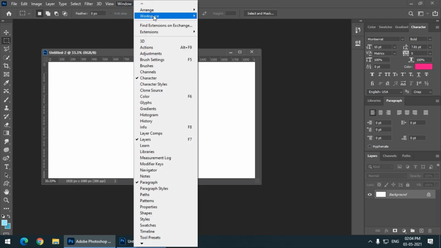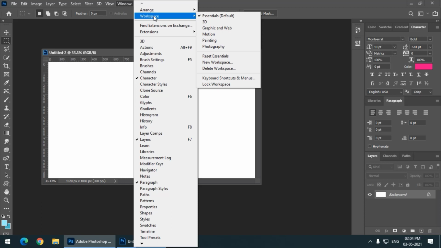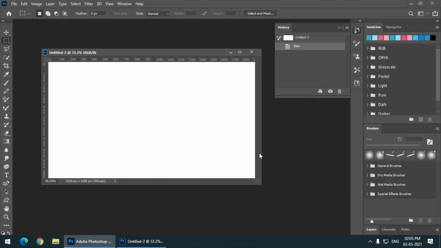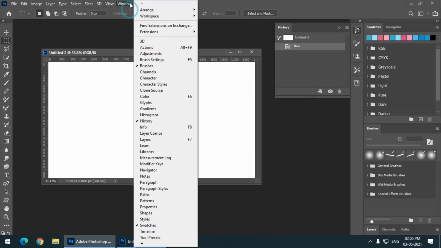They have already given some layouts, for example 3D, graphic and web, motion. These are different layouts for those particular segments. Let's say painting. For painting you will get different panels and tools. Tools will remain largely similar, but you will get different panels.